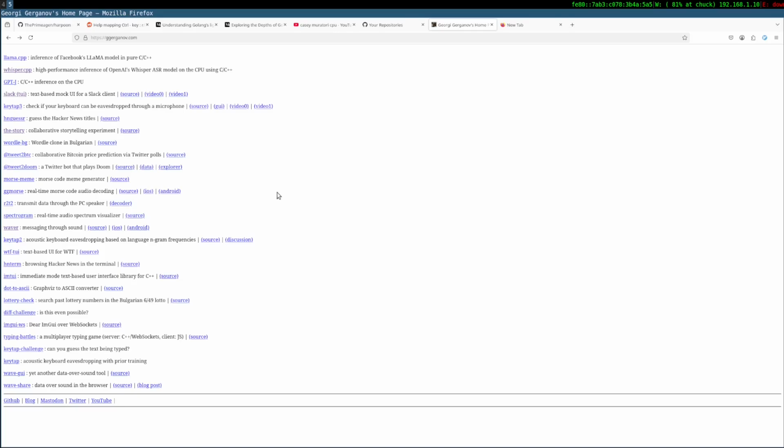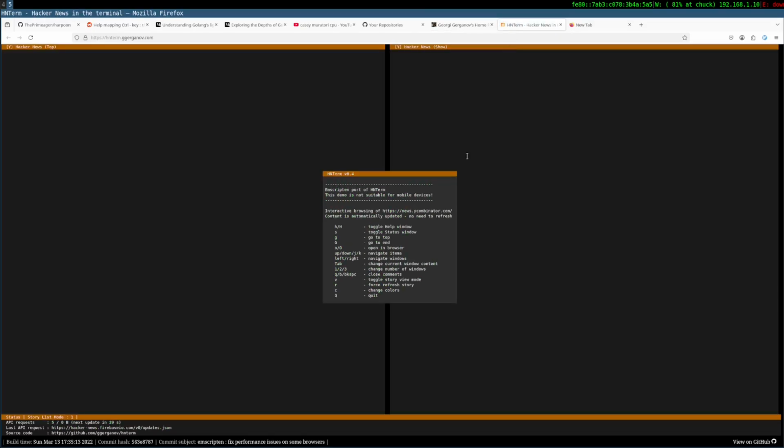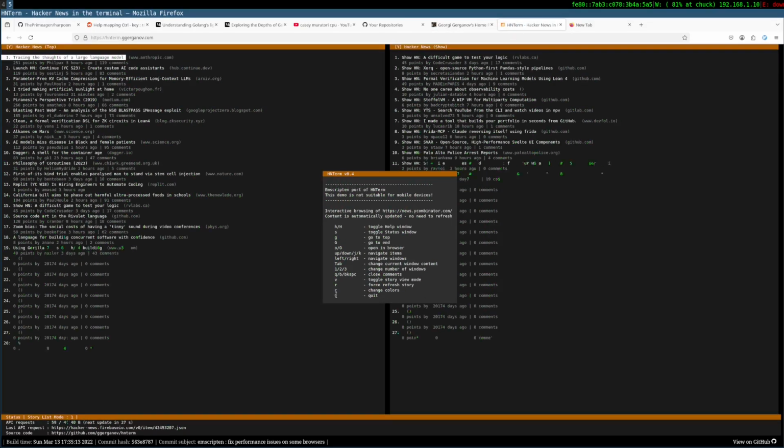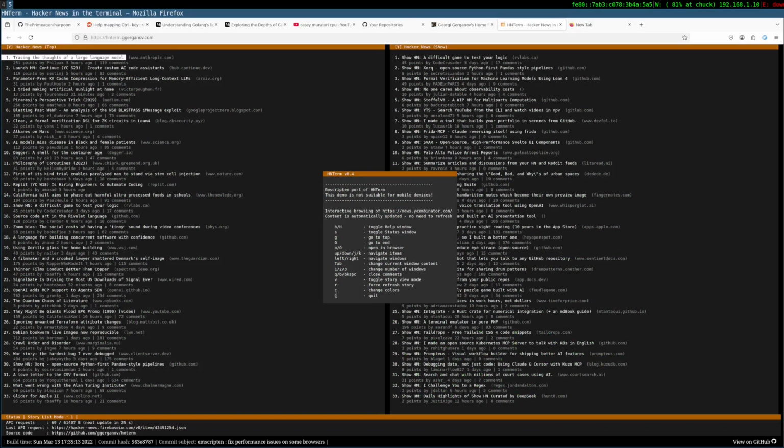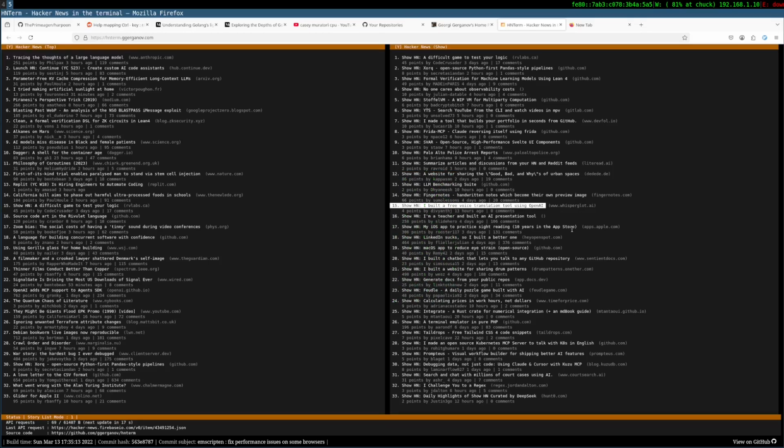Acoustic keyboard editor based on language. Browsing Hacker News in terminal. Okay, that seems more like it. Toggle H, toggle help window, S to status.